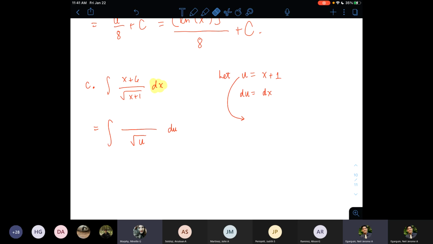Like you have one that's x over square root of x plus 1, and then you have another one that's 6 over square root of x plus 1. Oh yeah, that will also work. Said Muriel. Yeah, that's a good idea. You can split the integral up